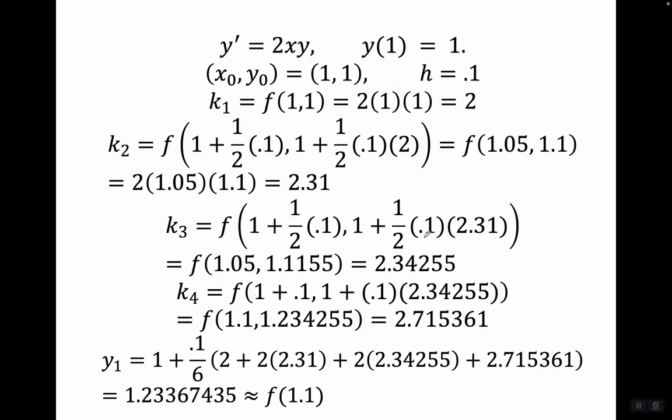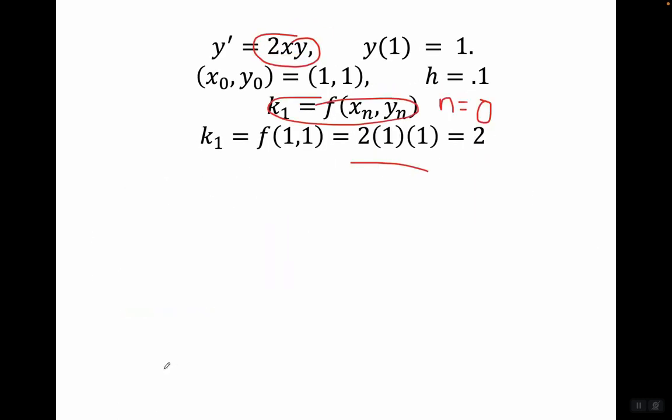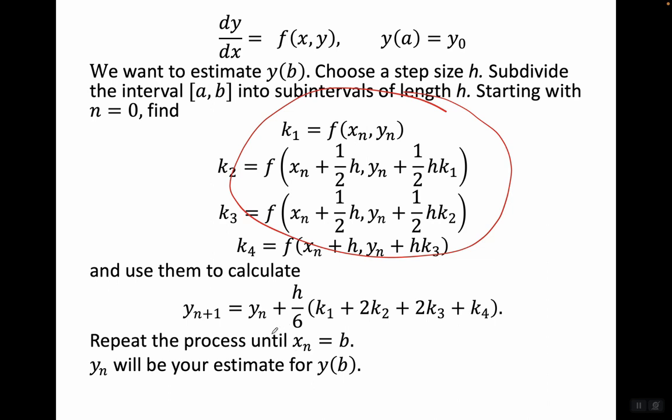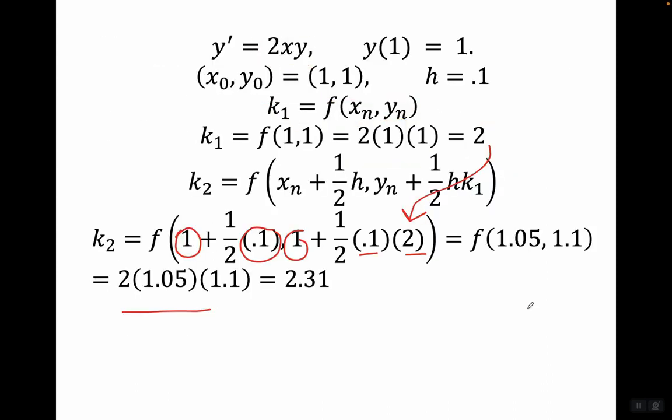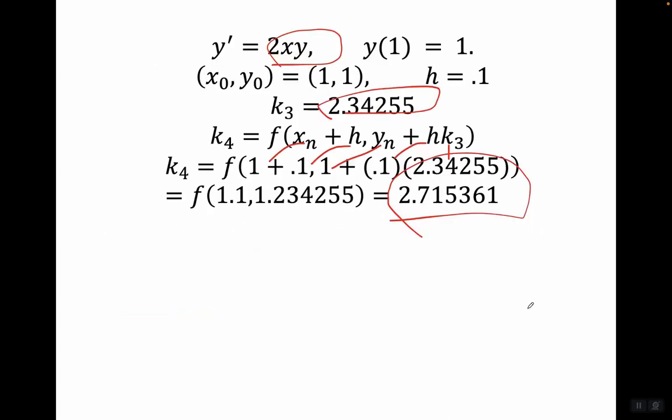And then we put all the pieces together. So y1, oh man, this is brutal, isn't it? Okay, y1 turns out to be this. We saw this a moment ago, if you want to look back. Okay, y1 is y sub n plus h over 6 times k1, 2k2 plus 2k3 plus k4. So applying that here,